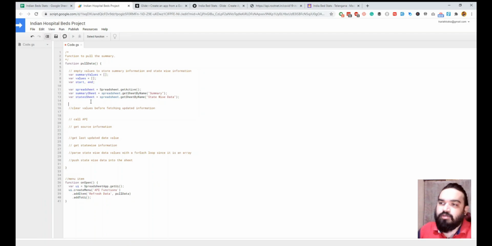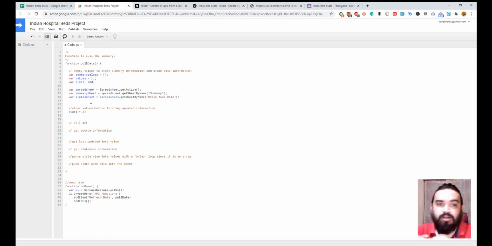And now the next step is to clear the values before we pull any data into the sheet. To clear the values, I am initializing the start to the second row. The second row is from where we need to delete in both the sheets, right? And what is the end? The end is basically the state sheet. Oops.